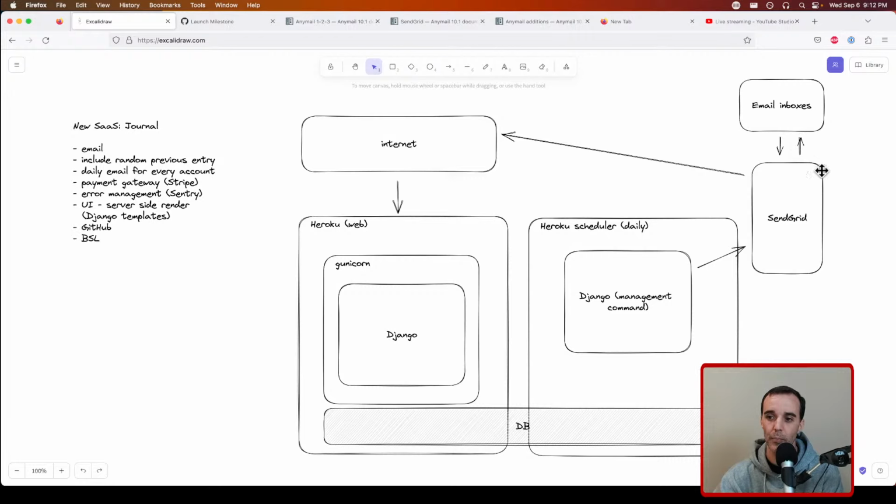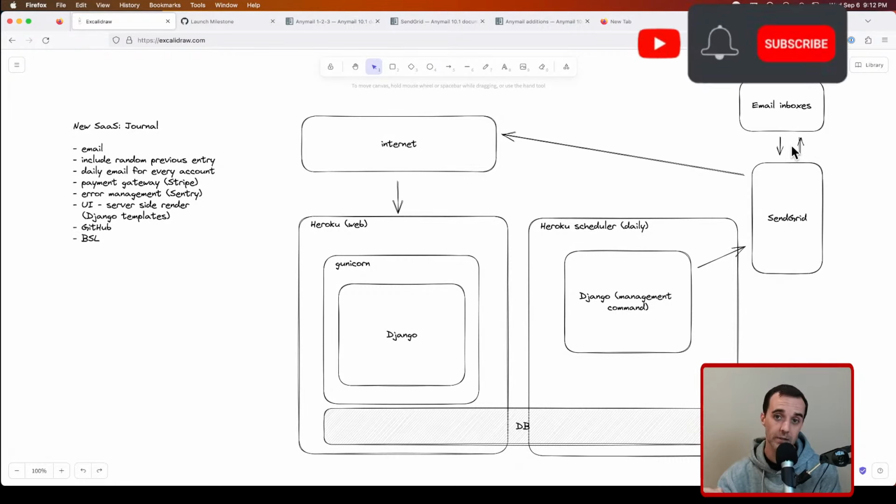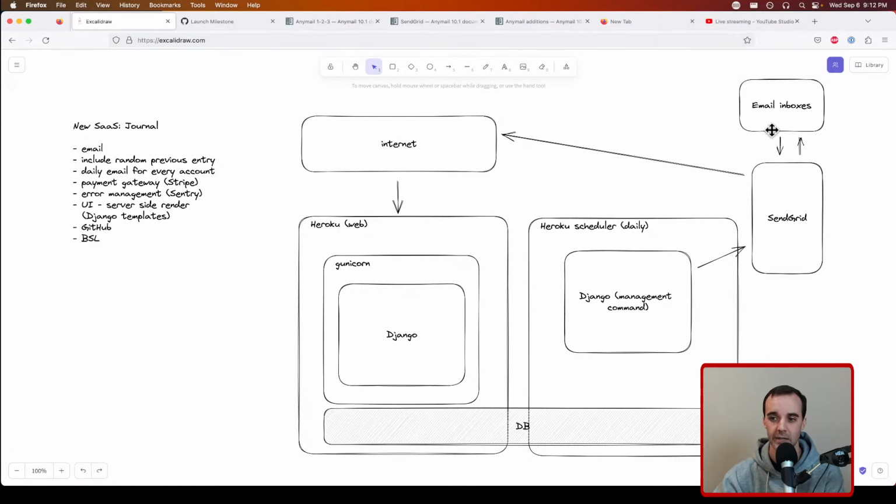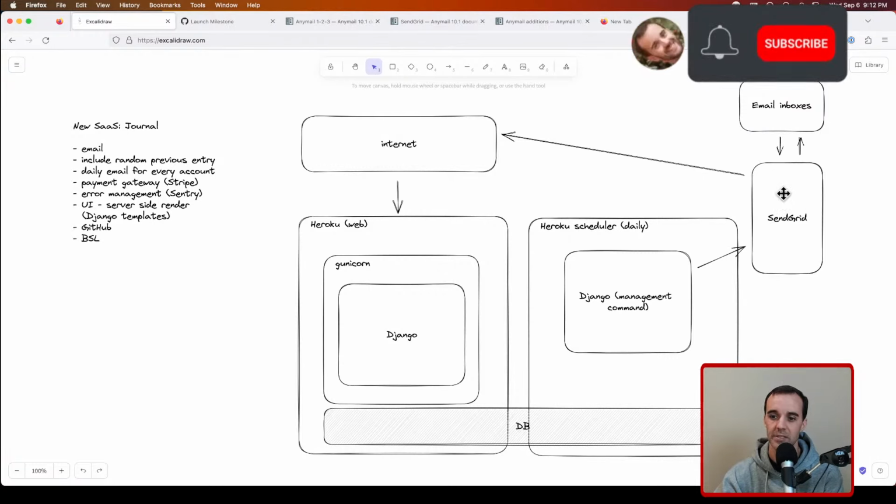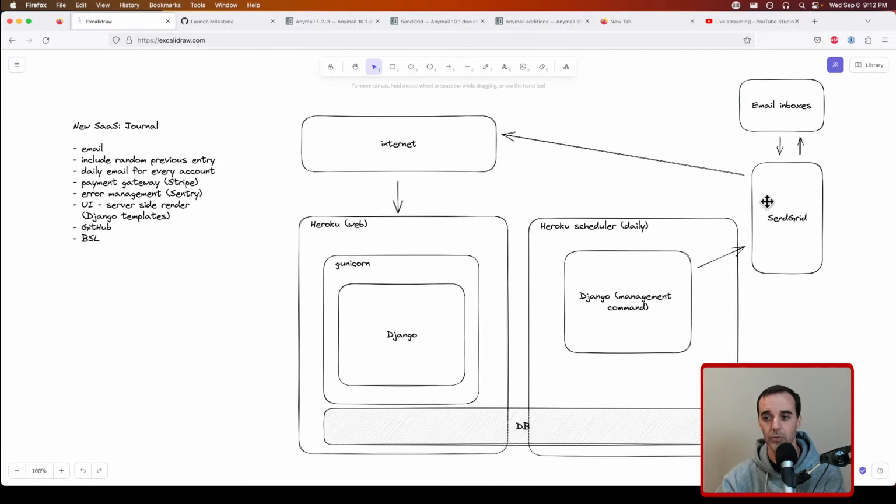So the email prompt is this up arrow, okay? And then when somebody responds, they're responding with their journal entry that they want for a particular day. So that's the response back to SendGrid. But SendGrid can't get to this Heroku scheduler because this is private within Heroku. So we needed another mechanism in order to actually get the data back into our service. So we can configure SendGrid to send to a URL of our choice, known as a webhook. And SendGrid, for every email that it receives, can call that webhook with a set of data